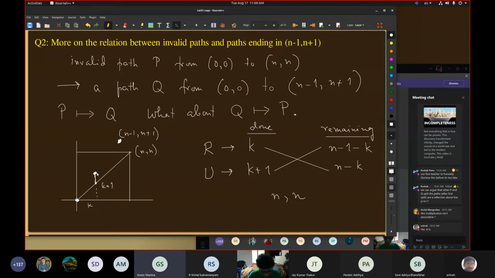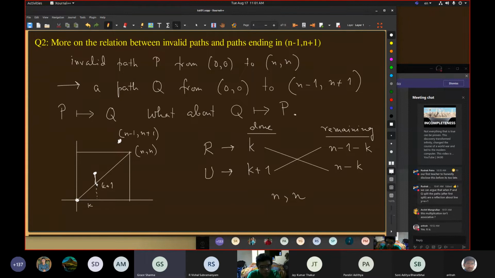So the number of invalid paths is not exactly c of k. It is c of k into any free path from k, k plus 1 to n, n. I do not exactly understand your suggestion, but